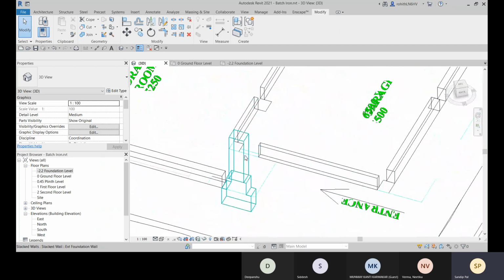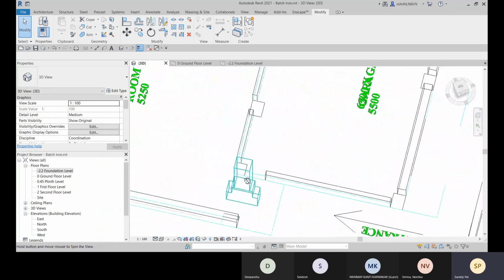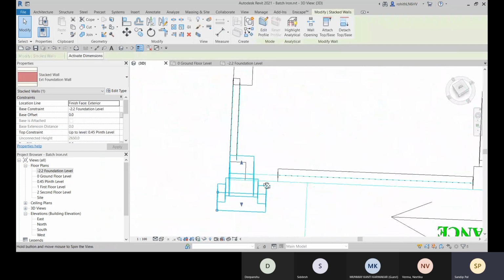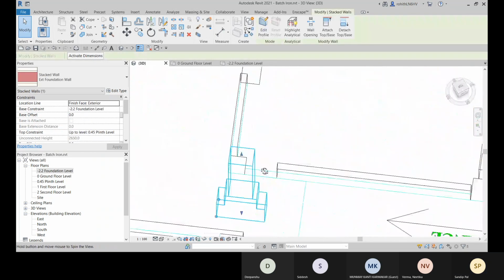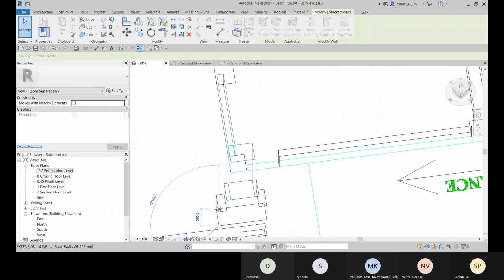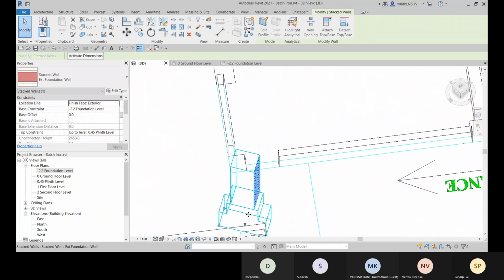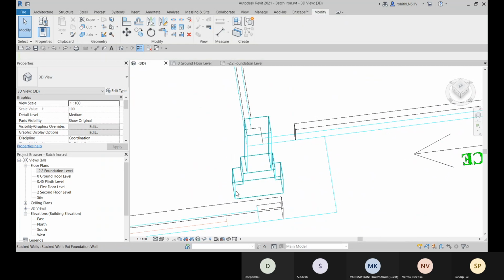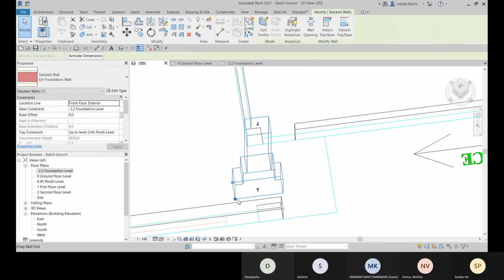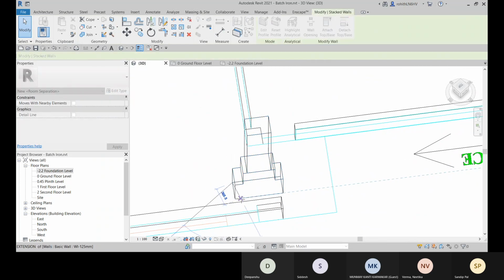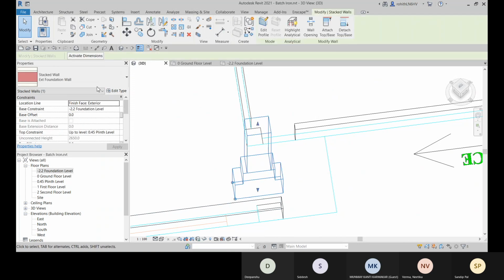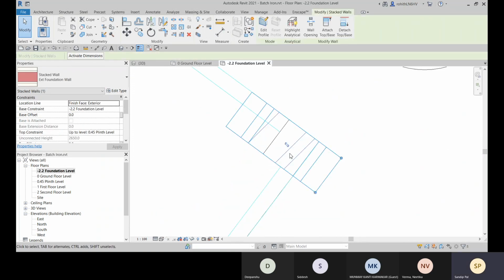Okay, so this is like 450 is the thickness. So here we can go with, let me go to that foundation level here.